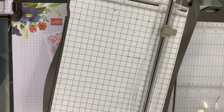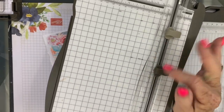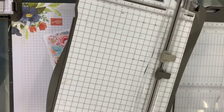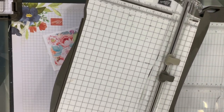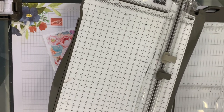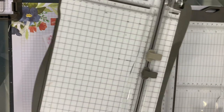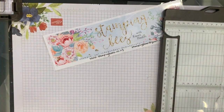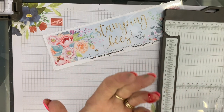Once your blade's blunt and you can't use it anymore, you can still use it for measuring and scoring. So don't throw it away. You can still utilize it, which is fantastic. Okay, so I'll pop that over there. We're going to do some measuring, and I will just need to pause you for a moment because that blade